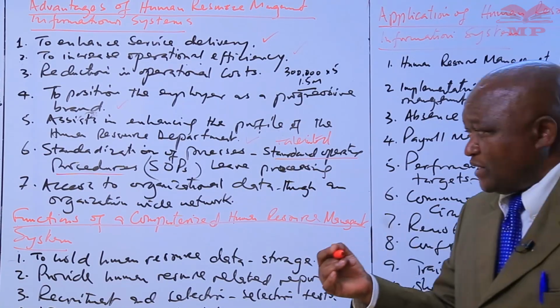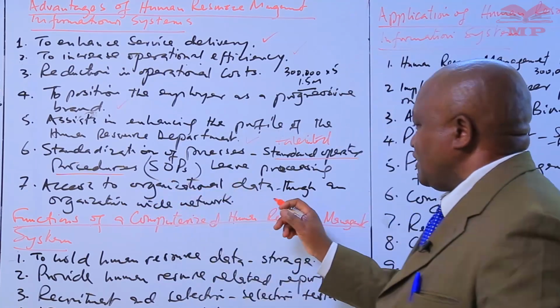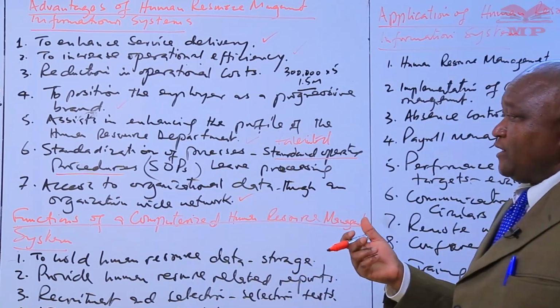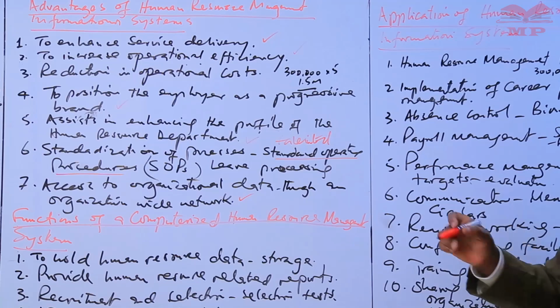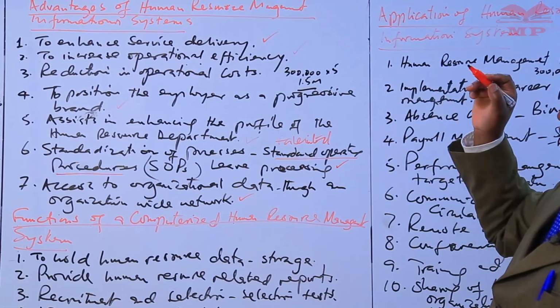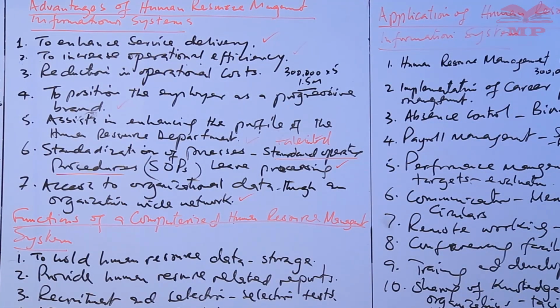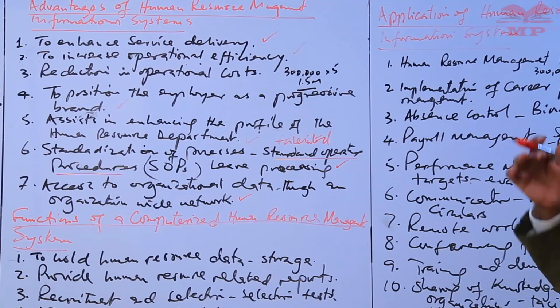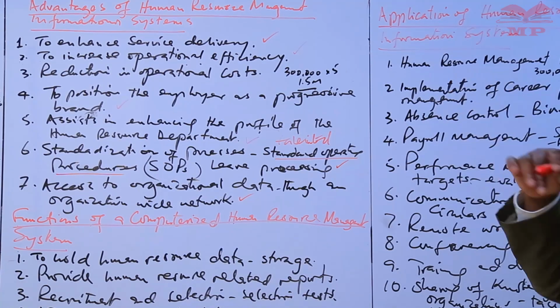Then you can also have number 7, access to organizational data through the organization-wide network. So those ones are the advantages that we have alluded to for organizations that are having human resource management